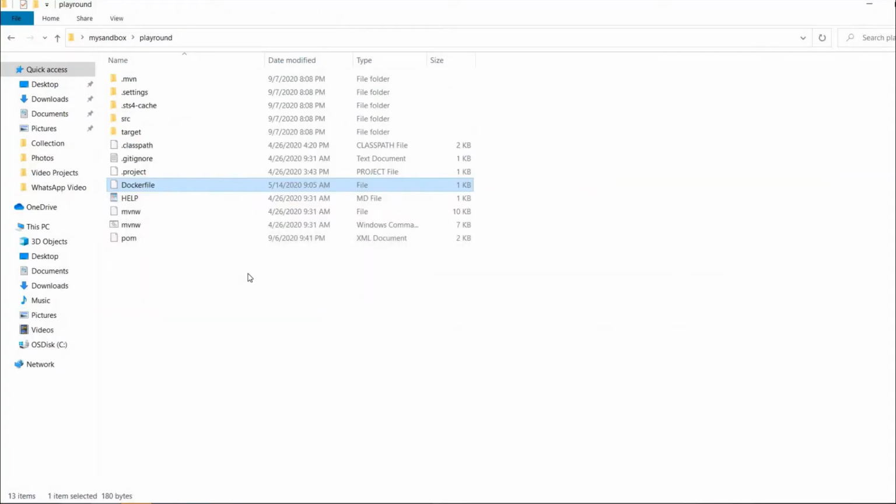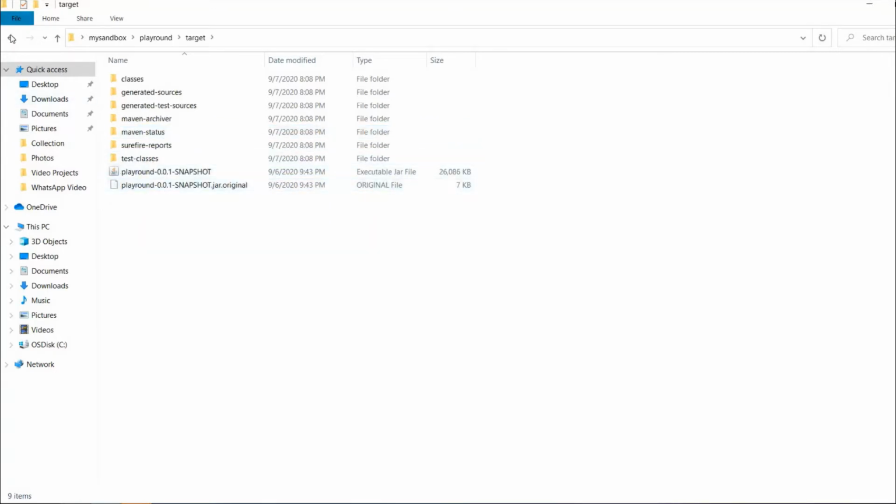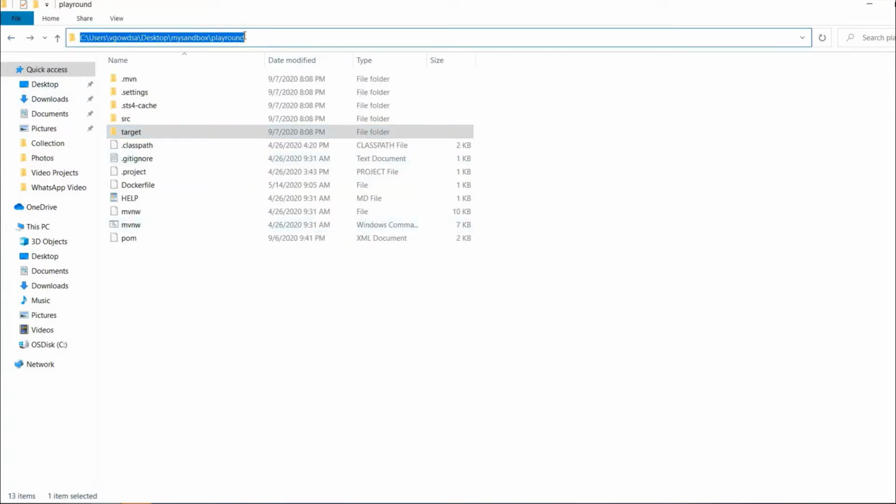Now before we start, we should know we have to build the application, and our jar needs to be ready in the target folder, since in the Dockerfile we have specified from where the jar has to be picked. In my application I am using Maven to build the project. You can use any other tool where you can build the application and make the jar. Since it's already in my target folder, I'm going to the command prompt.